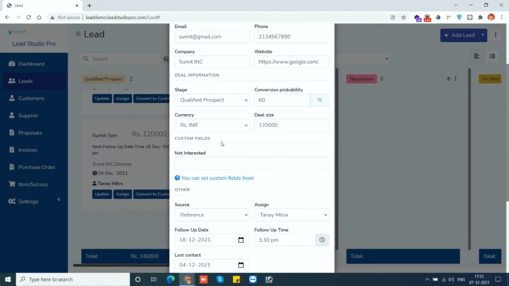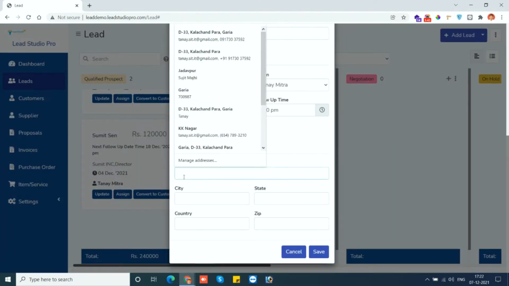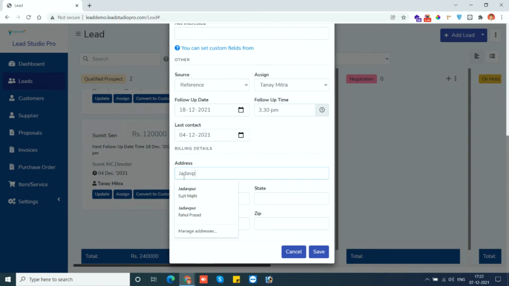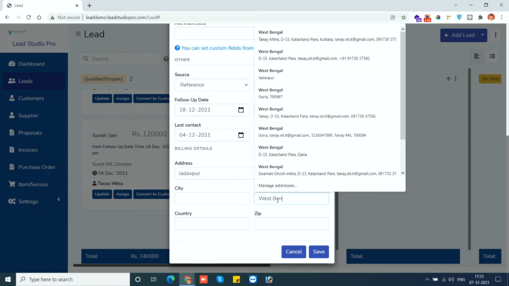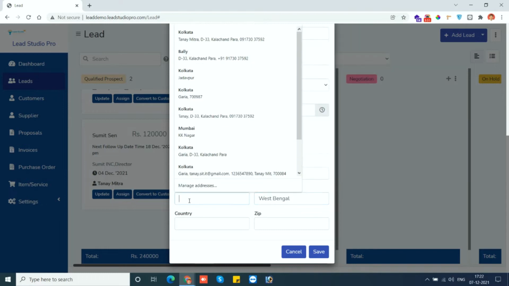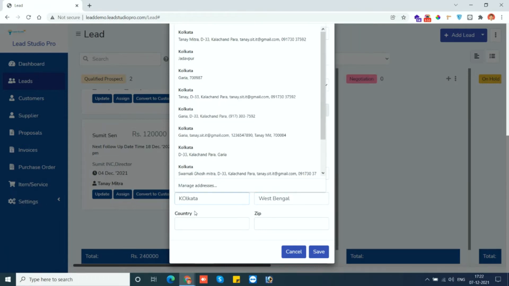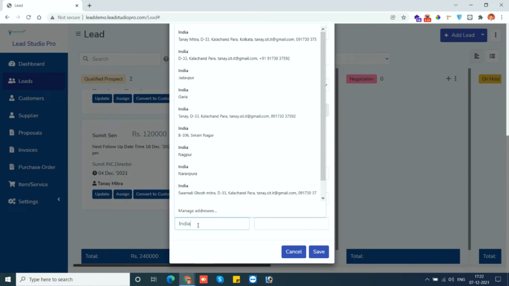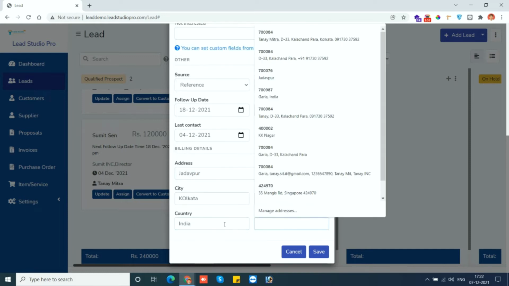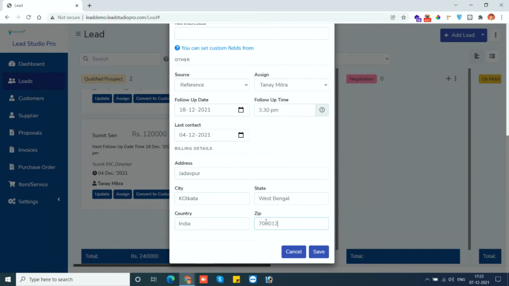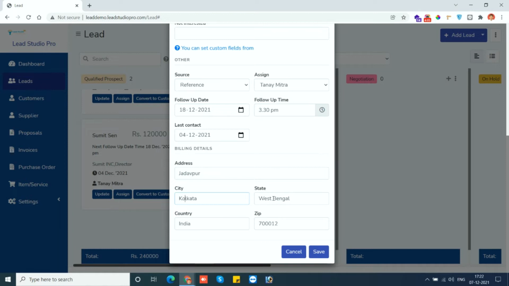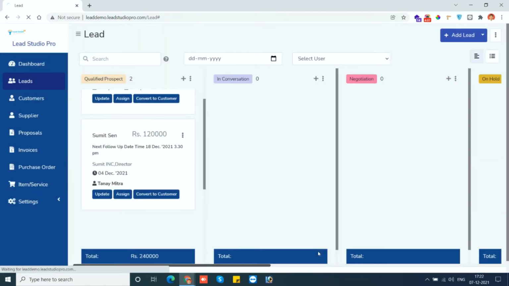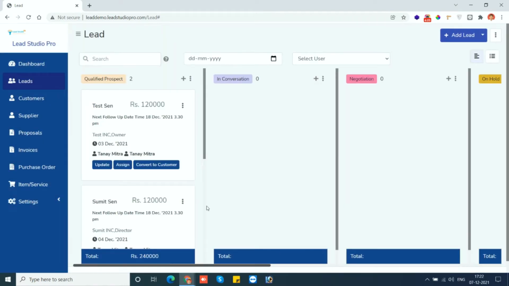Now if you want to edit any information, you can edit. So I am updating this, and this information has been updated.